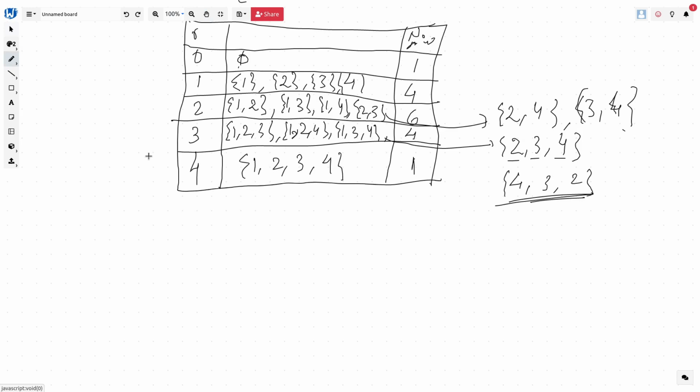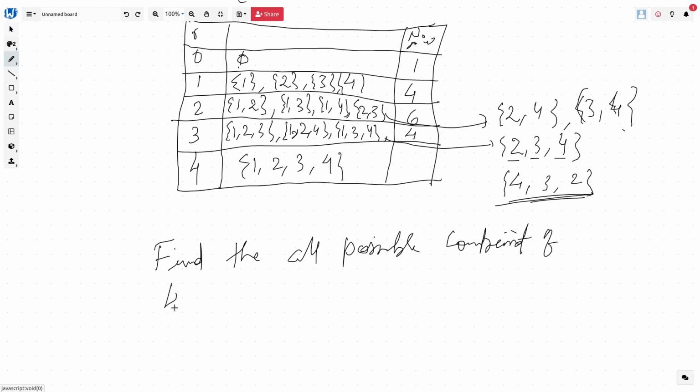It can be combinations. Find all possible combinations